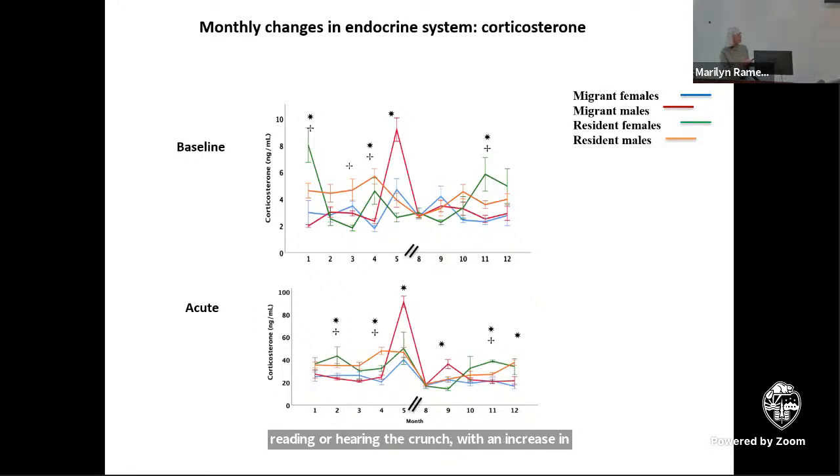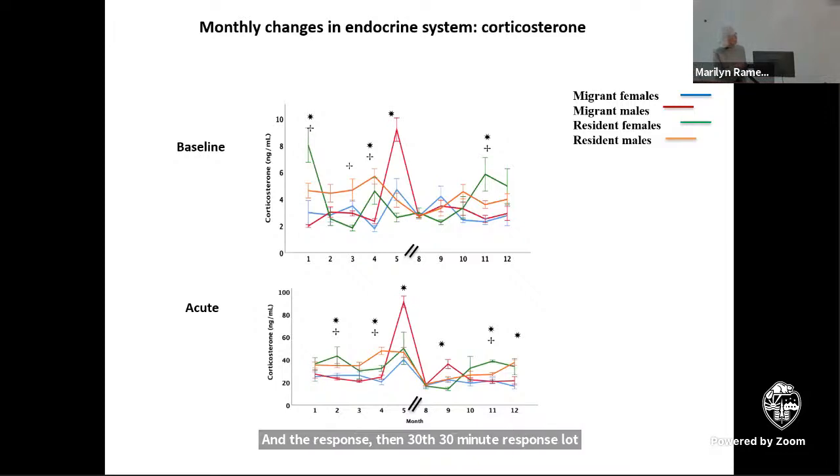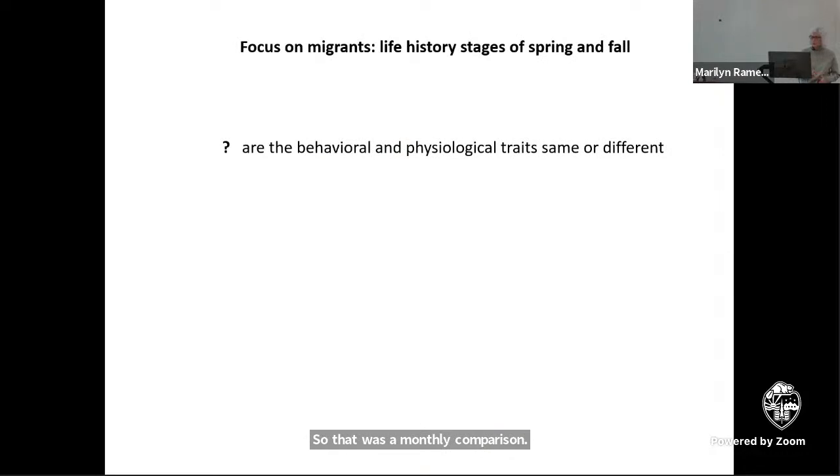For the migrants, the peaks are occurring during spring migration, much less so in fall. And the response, that is the 30-minute response, we've lost the peak in terms of females, so they're not reacting to capture stress to the degree that the baseline levels might indicate. And so for the response levels, migrants are increasing during this period of time. So those are the monthly comparisons, but I'm going to quickly move on to focusing on the